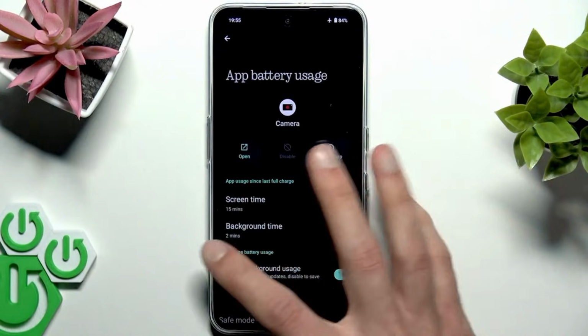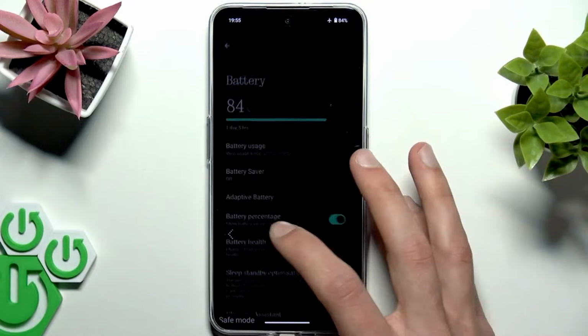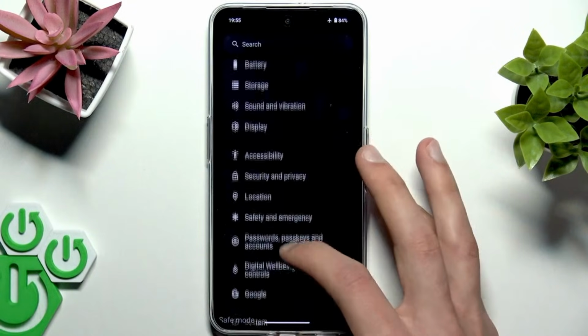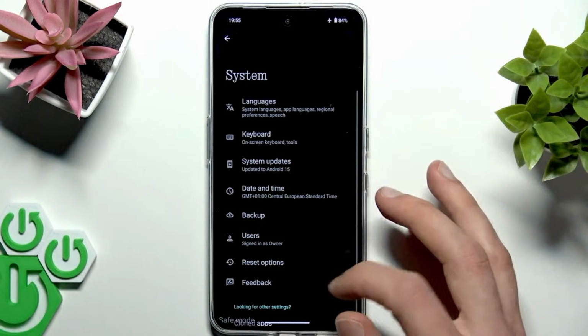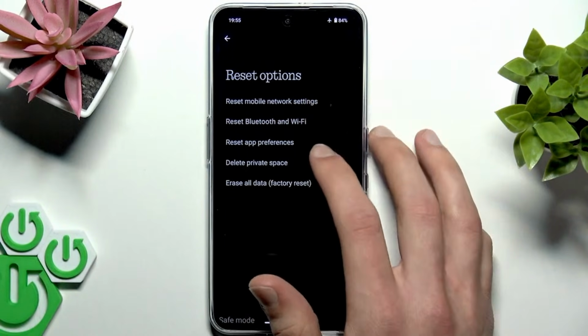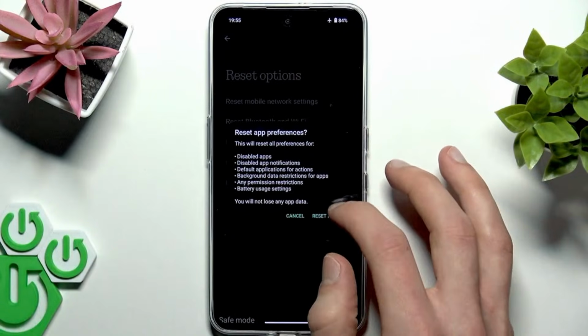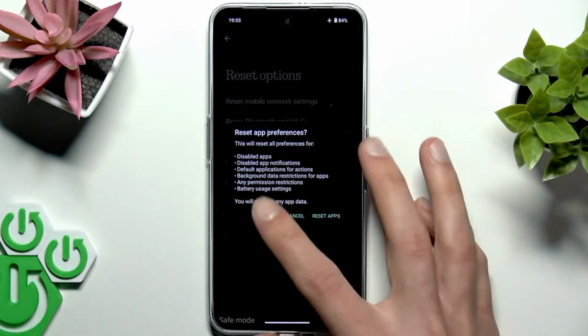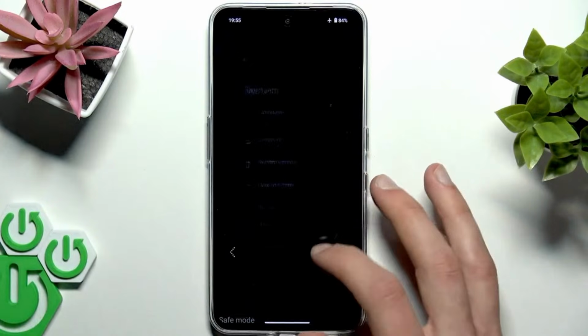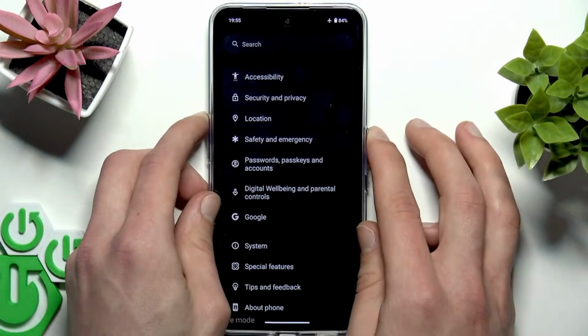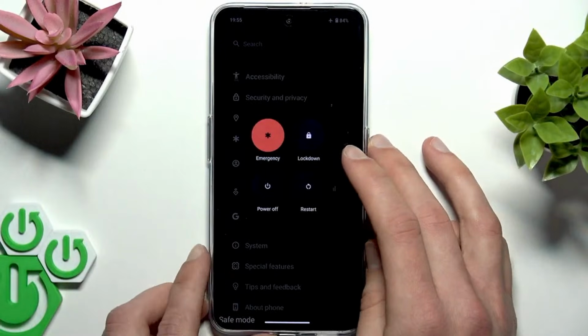You can also go to system, select reset options, and select reset app preferences, tap reset apps, and then all the apps preferences will be reset to default ones. Then you can restart your phone normally by pressing power button and volume up key